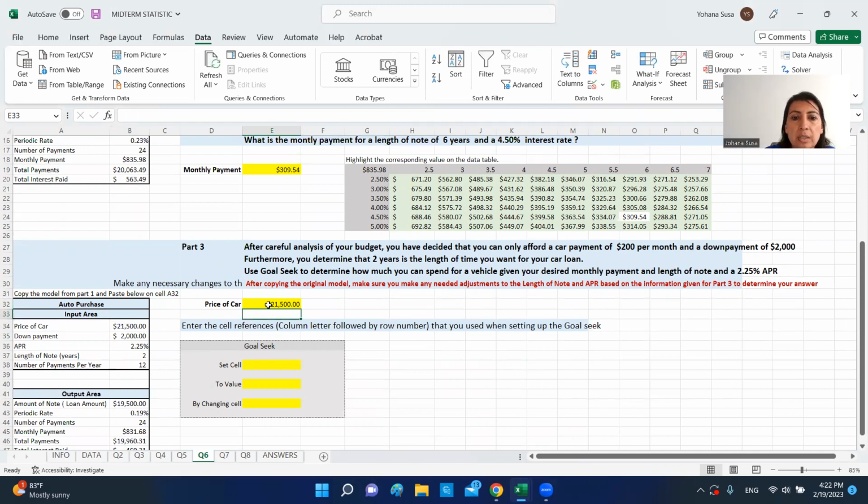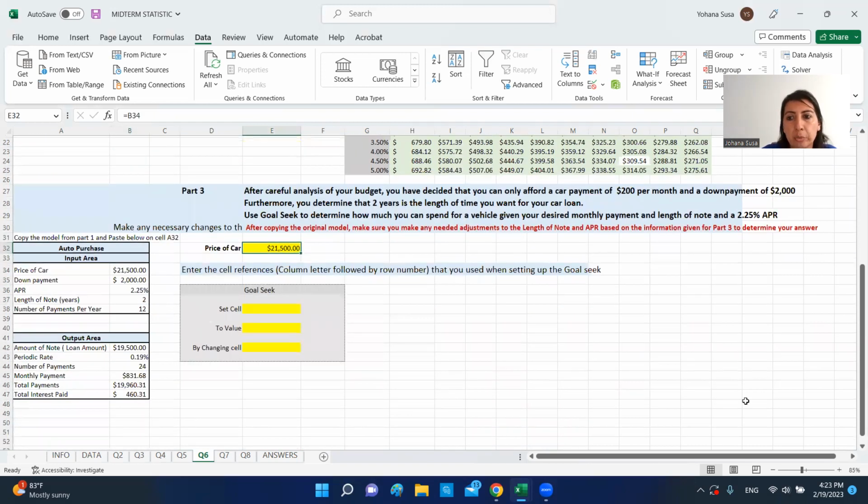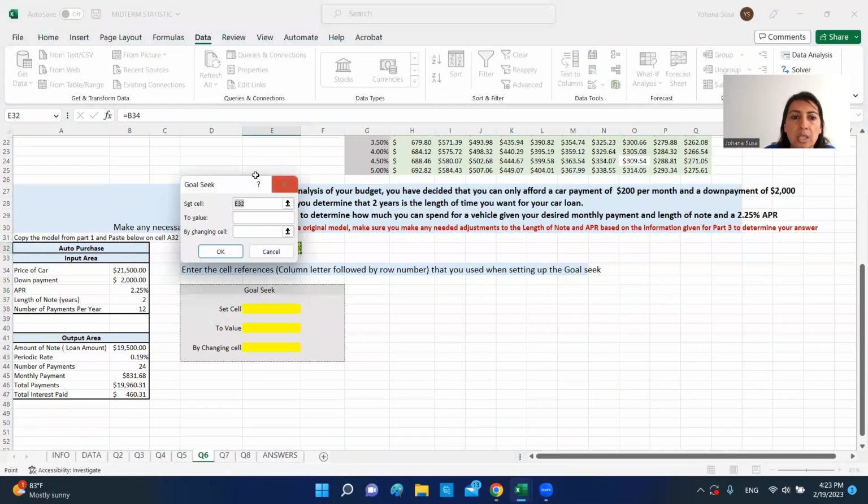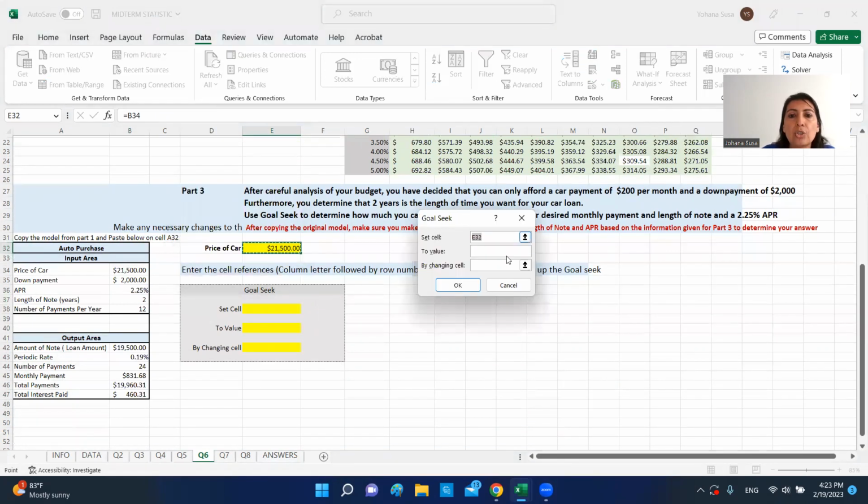After we do the goal seek, this is going to change to the actual price of the car that we can afford with those parameters, 200 a month, 2,000 down, 2 years, and 2.25. Now we go to what if analysis, goal seek again. So it's set cell to value, and by changing what? By changing the price of the car, which is here,